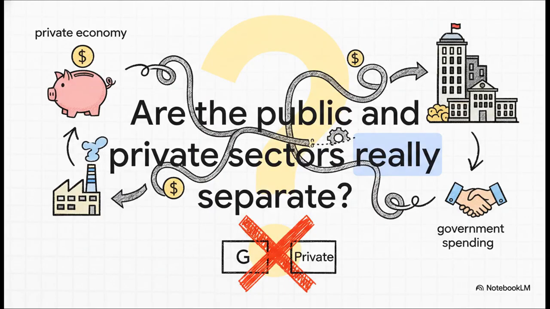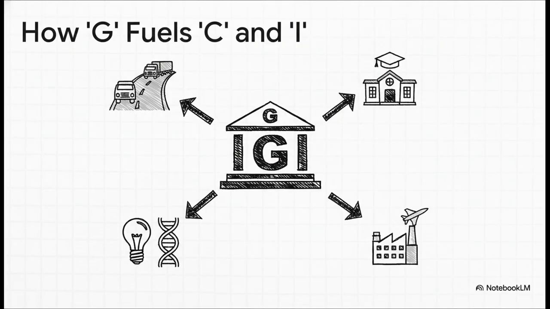And this really gets to the core of the problem. The whole argument for this change hinges on one giant assumption: that government spending is totally separate from the private economy. But is it? Is that really how the world works? Well, the answer is a pretty hard no. Just think about it for a second. The roads and bridges that businesses use to ship their goods, that's G making C and I possible. What about government-funded research that leads to the next big tech innovation? Or when the government buys a fleet of jets from a private company, the defense contract creates thousands of actual private sector jobs. Under this new proposal, all of that real, tangible economic value would just disappear from the number everyone's watching.